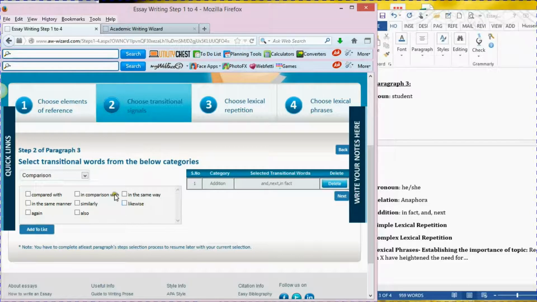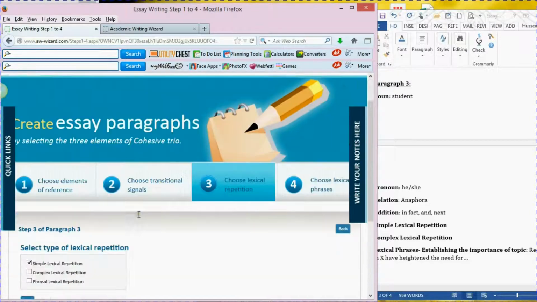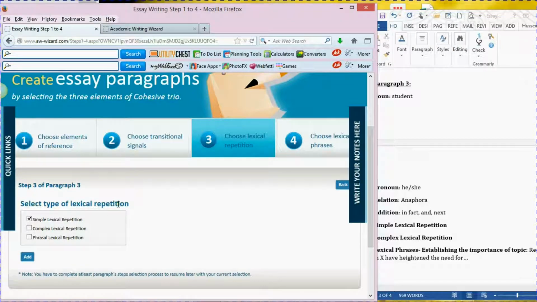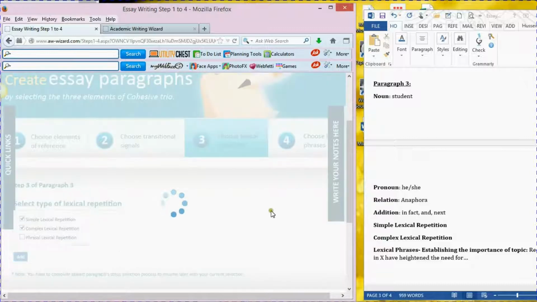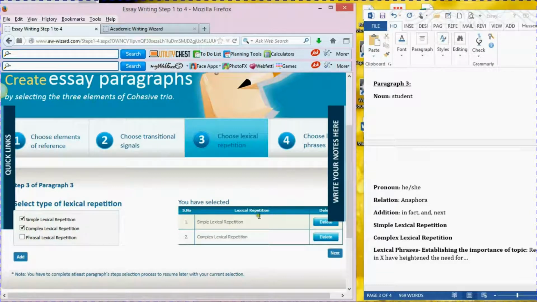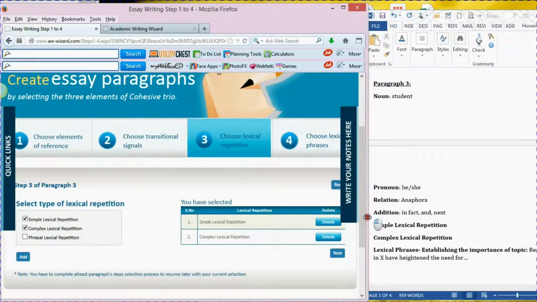We come to the following step. Simple repetition and complex repetition. She chose the two elements here, simple and complex. Let's add them. Alright, so we have simple repetition and complex repetition. Let me again remind you that actually these are simply categories that are to be ticked and added simply without having any lists,